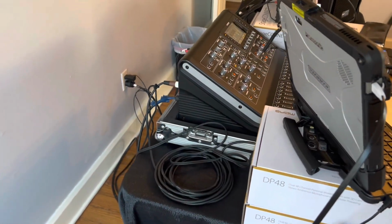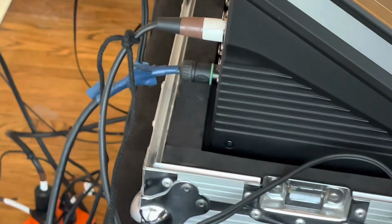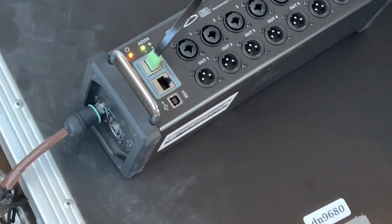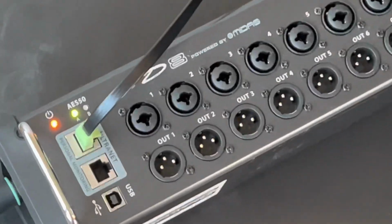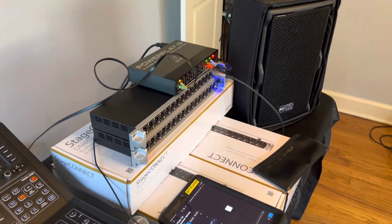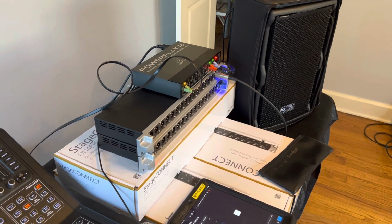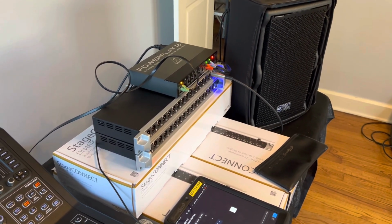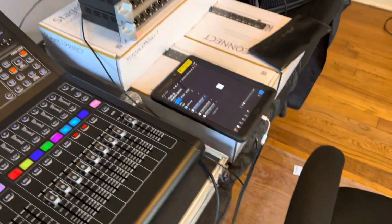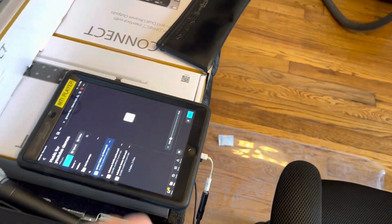So a few people were messaging us, telling us they were worried about how far you could run this. So we're coming out of the AES through 250 feet of Ethercon into this little SD8, and then coming out of our Ultranet to this P16D, just to show you you can run quite a ways. I think you can run up to about 100 feet with Ultranet. So probably could go up to almost 300 feet out of the AES into a snake, and then another 100 foot into here. So just to show you that it works, we'll fire something,